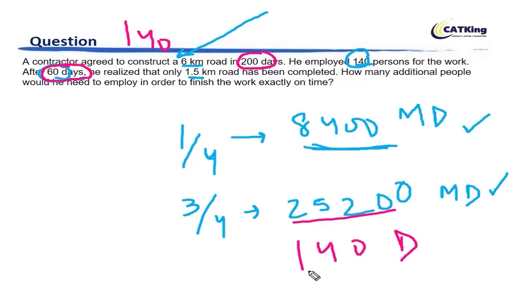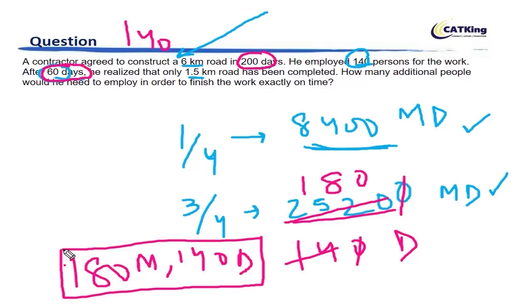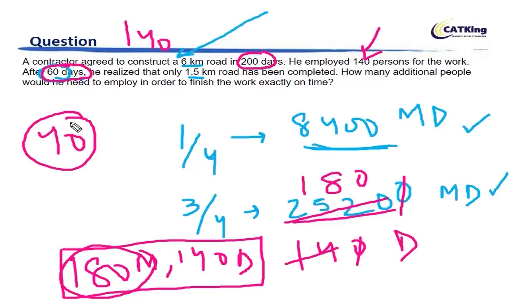So let's figure out how many men are required. So if you cancel it, 0, now 14 1 times and then 8 times, so 180. So 180 men working for the next 140 days will be able to achieve the project. So we will require from the 61st day, we will require 180 men. However, this contractor has employed 140 originally, so how many more people he will need? He will need 40 more people, right?